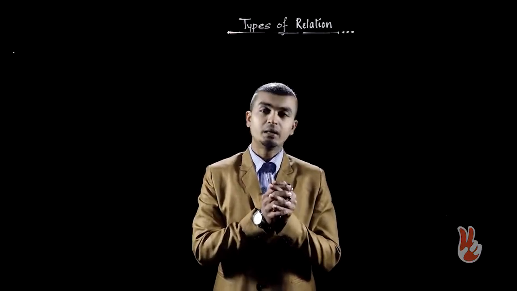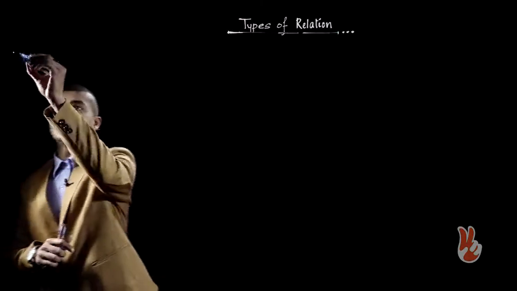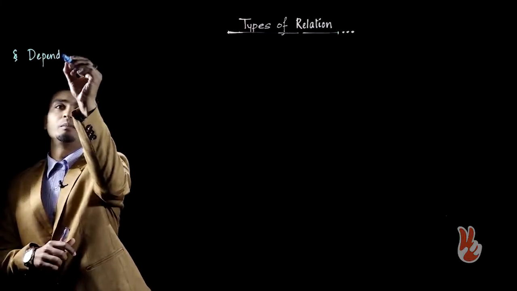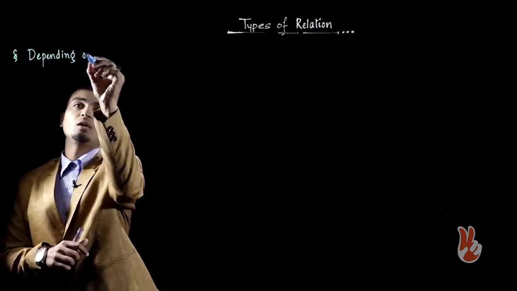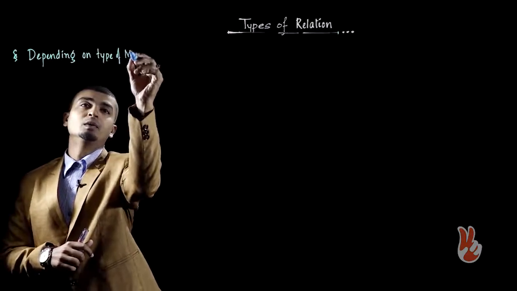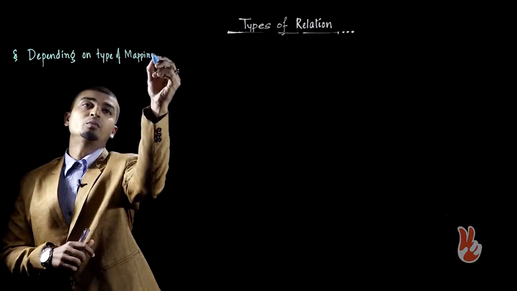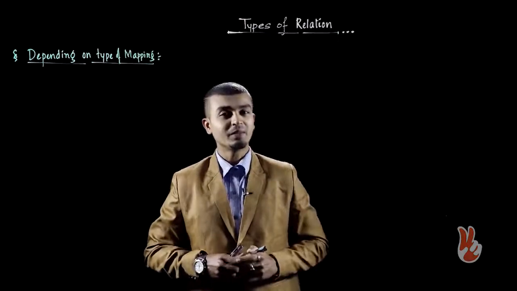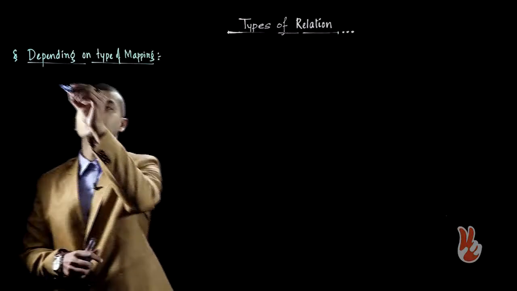Today in this video, I'll be teaching about the types of relation. Relations can be classified depending on the type of mapping and depending on the nature of the pair of elements present in it. Number one, classification is depending on type of mapping. So based on the type of mapping, relations can be classified as 1-1, number 1,